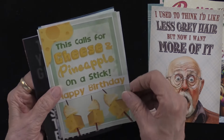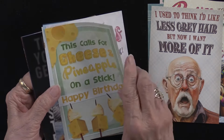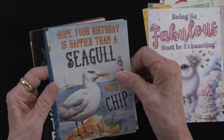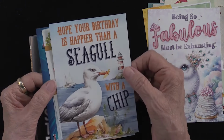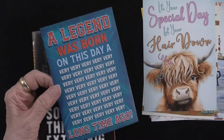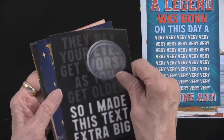Okay, this calls for cheese and pineapple on a stick. Being so fabulous must be exhausting. Hope your birthday is happier than a seagull with a chip. So you see just a lot of fun things. Excuse me. Okay,